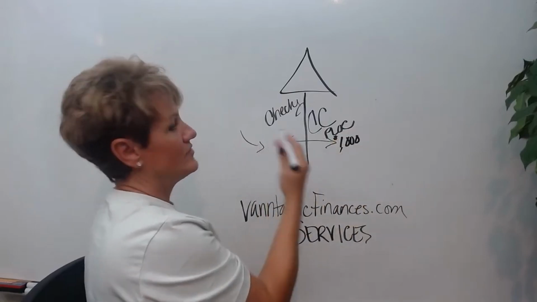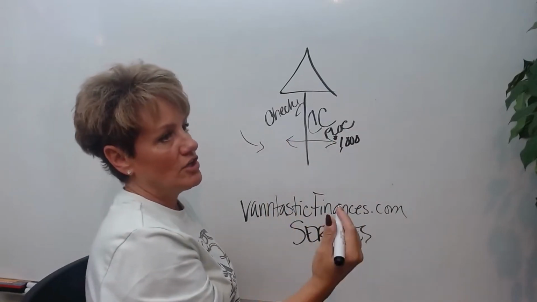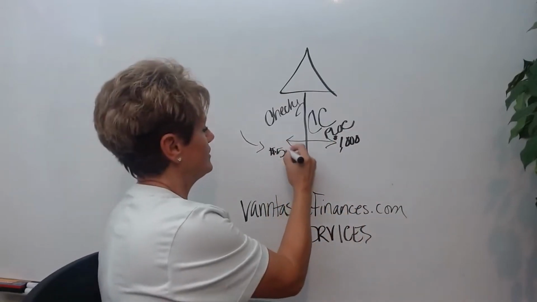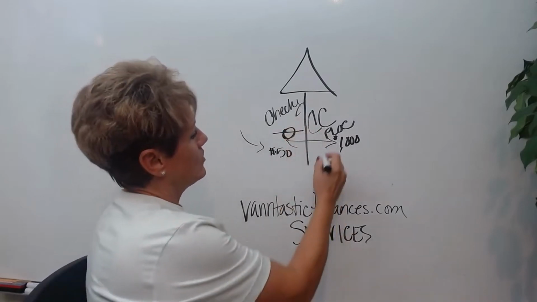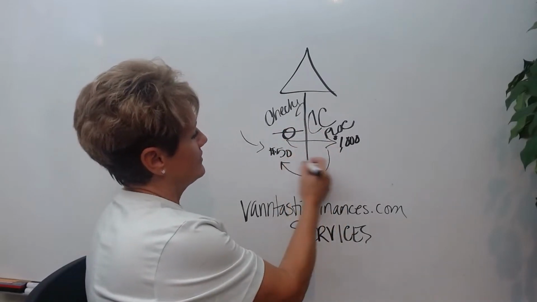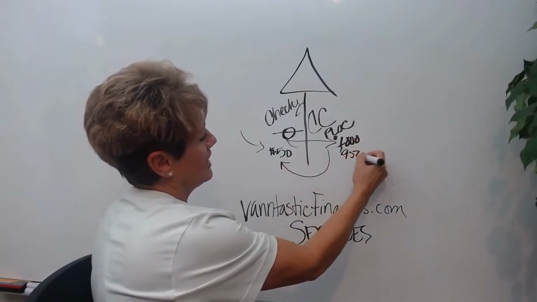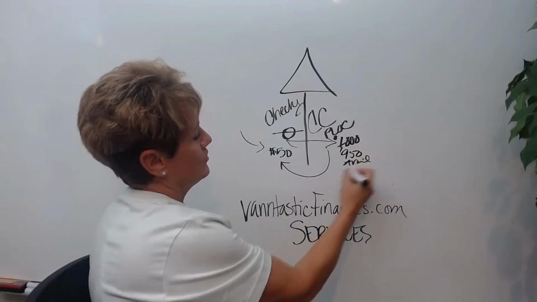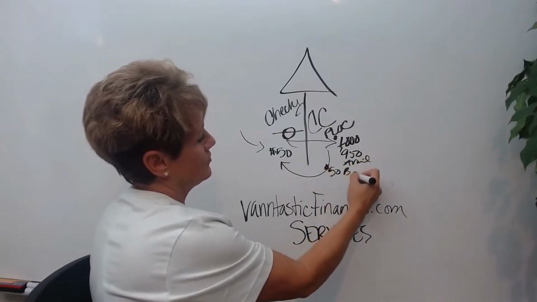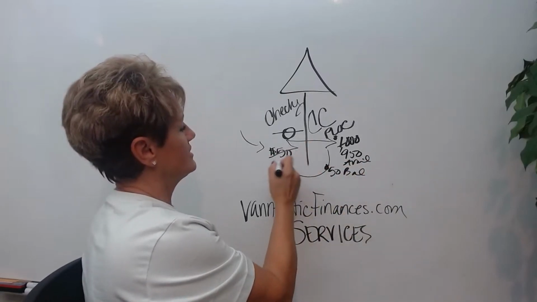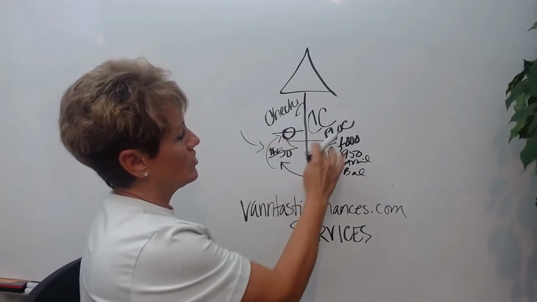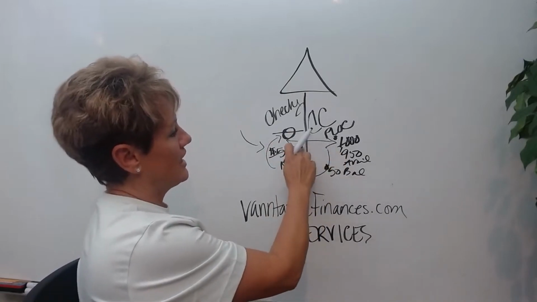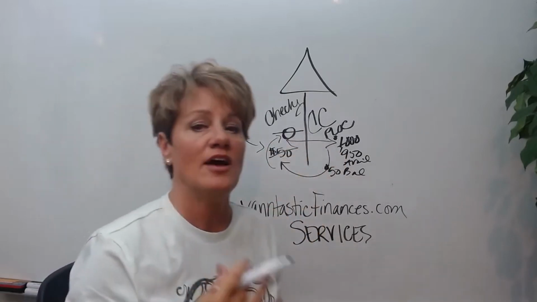If I have, say, my $50 water bill come in, and it hits a zero balance in my checking account, it will automatically transfer that $50. Then I would have $950 available with a $50 balance over here, while it takes this back down to zero. So this is how you use a credit card or a PLOC with your checking account the easiest way. This is how mine works.